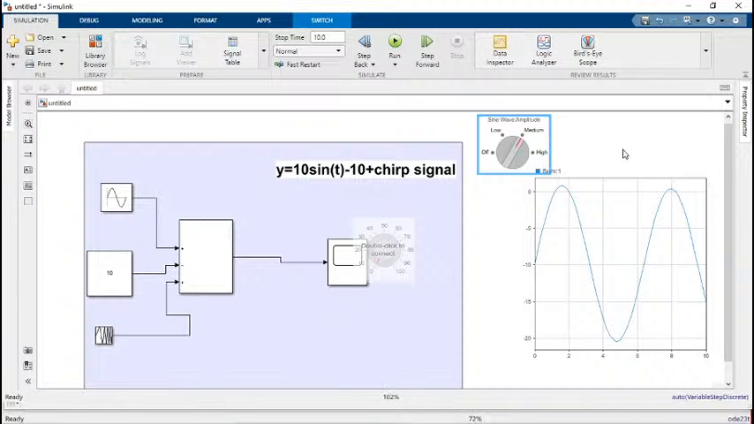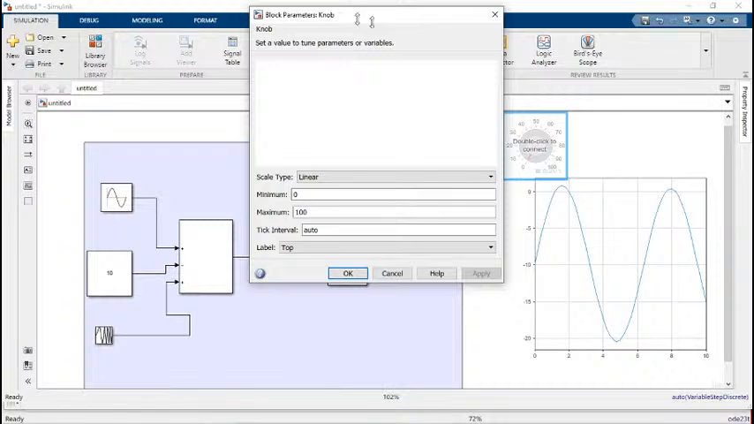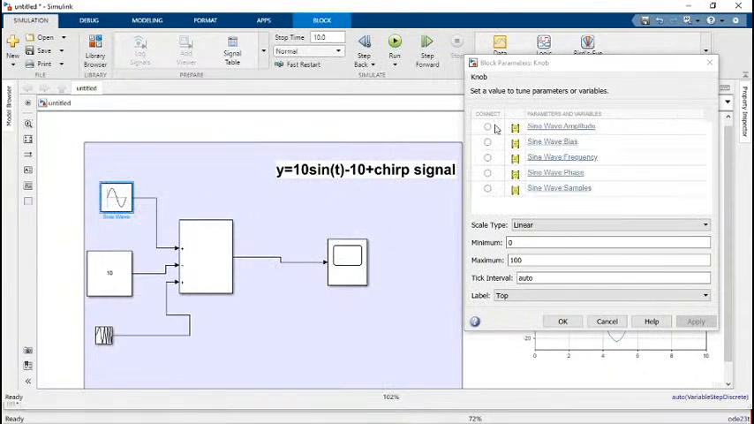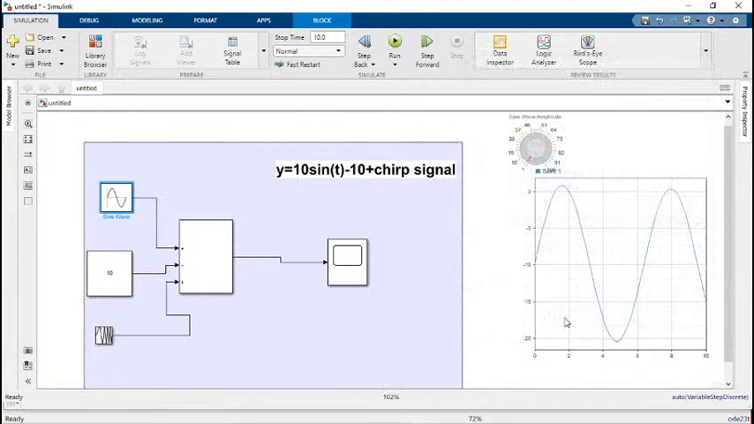Just wait a minute, it is still opening. So you can use the knob also if you have that kind of data. Just double click again and select the parameter which you are going to change. I want to change the amplitude. Apply, and here you can provide the minimum value. Let's say provide the minimum value 1. Okay, done. When amplitude is 1,